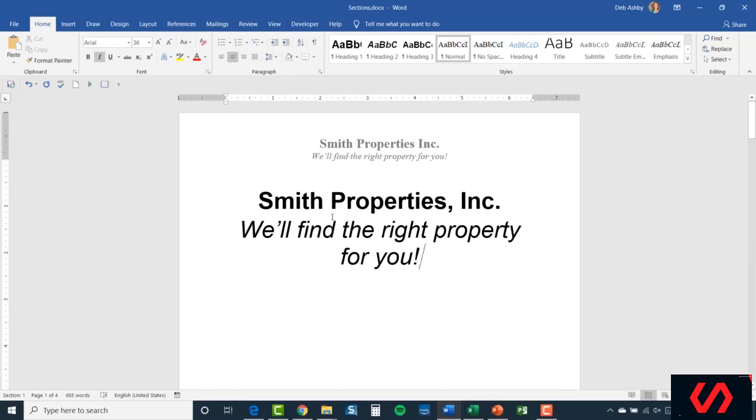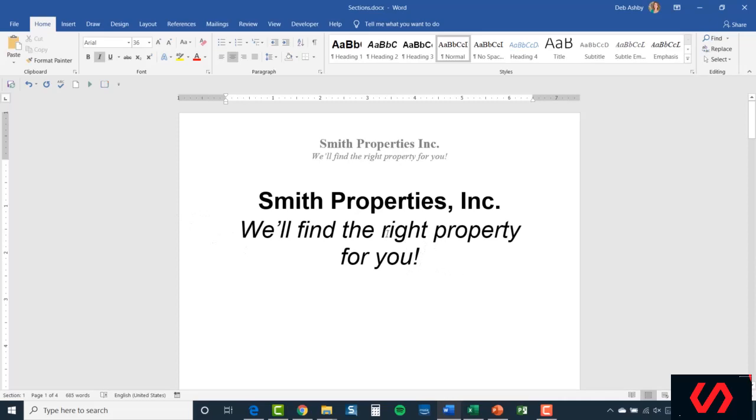Now, one other thing I want to do here is I want to make sure that this subheading doesn't wrap around. So I essentially want it all on one line. Now, there are a couple of ways I could do that. I could change the font size, which would probably achieve the desired effect. But what I'm going to do here is actually change the width of the margins. So I'm going to make the margins slightly narrower, which will give this subheading a little bit more room to